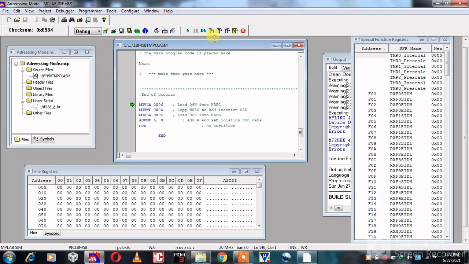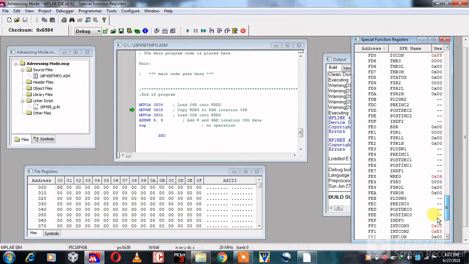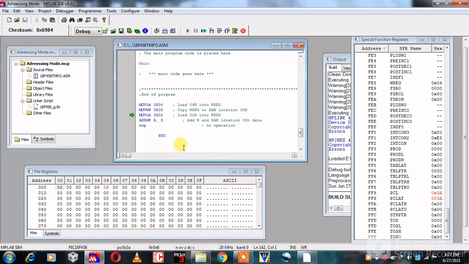Now we are going stepwise. After first step, the 06 is literally loaded into working register. You can see here. Then after next step, this 06 is saved into RAM location 0x05.